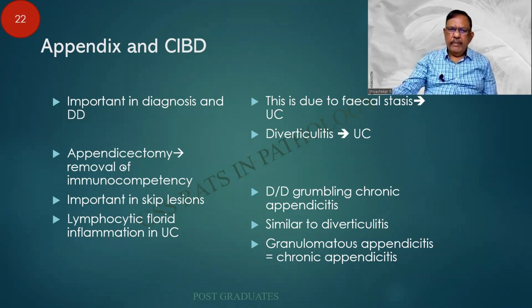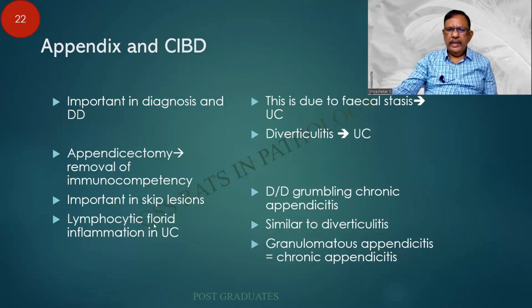Having said that, when we do an appendicectomy, we are inadvertently trying to cure the disease, because the appendix itself is a source of this antigen antibody reaction, and inflammatory bowel disease is itself an immunological disorder according to one school of thought. So having done an appendicectomy, you are partly curing the inflammatory bowel disease. But then when there are going to be something like skip lesions, appendix can be considered.